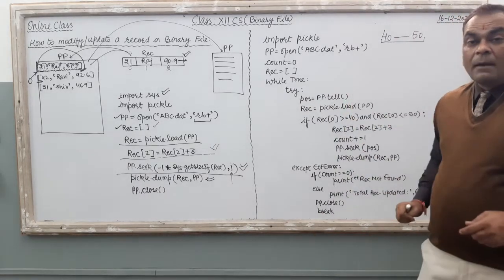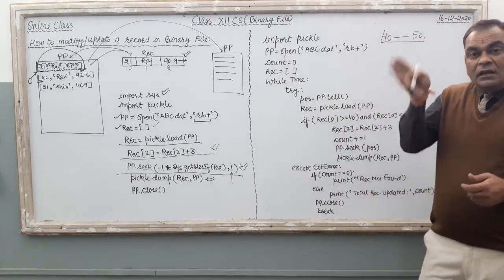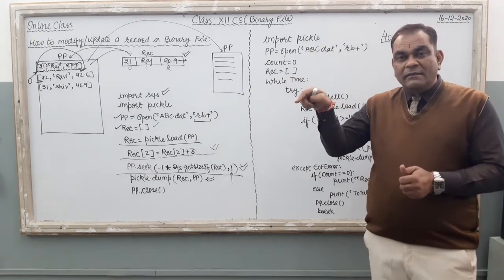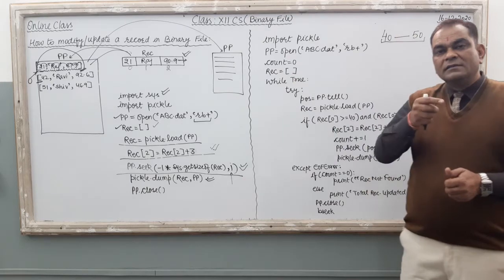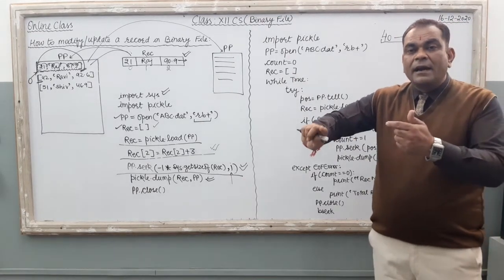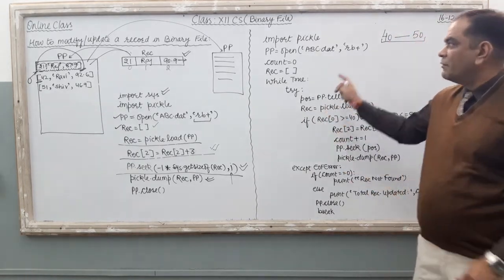तो अपना को काम क्या करना है? Very first you have to open the file in rb plus mode. Second you have to search the specific record, that the record is there in the file or not. Once the record is available in the file, you have to select the record, make the modification, and then write the updated record at the same position of the file. Clear? For that, just see what is the program here.